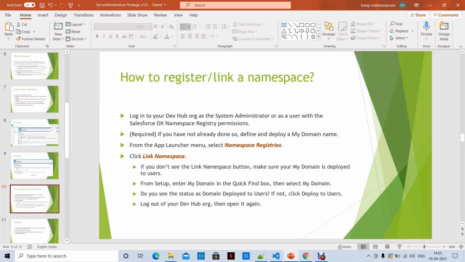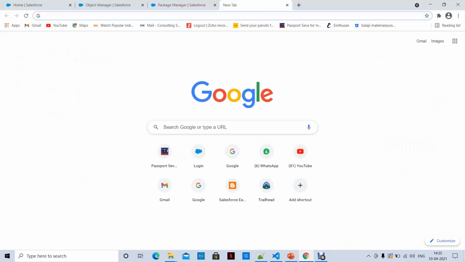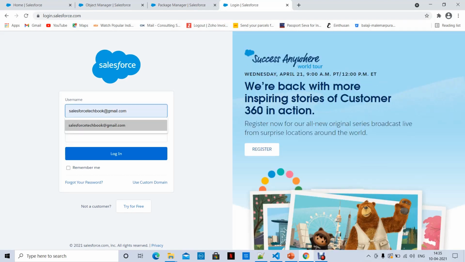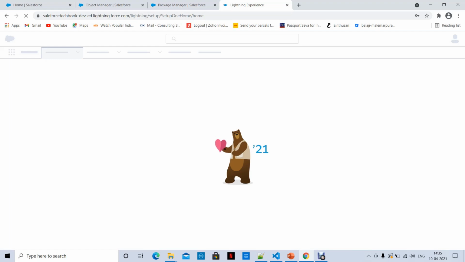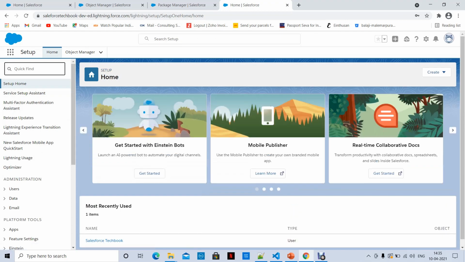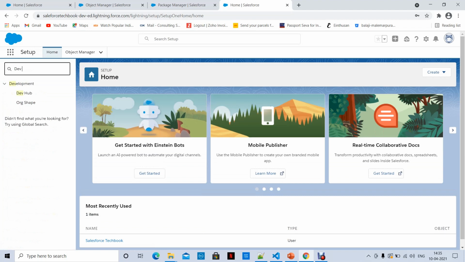Okay, so let's log into our Salesforce instance where we enabled DevHub and second generation managed packages. Okay, now let's search for DevHub.